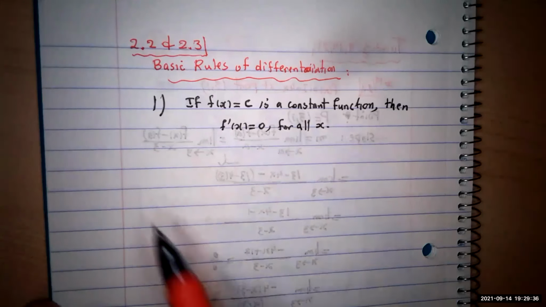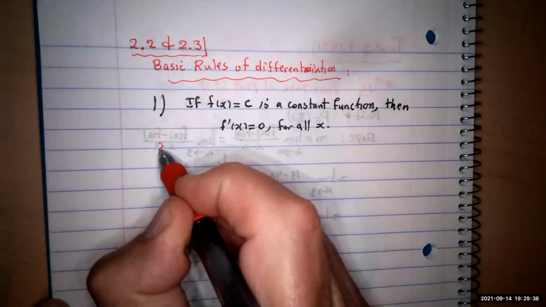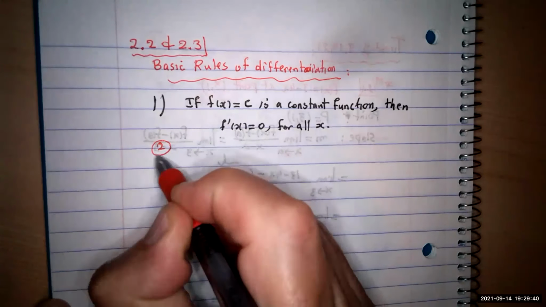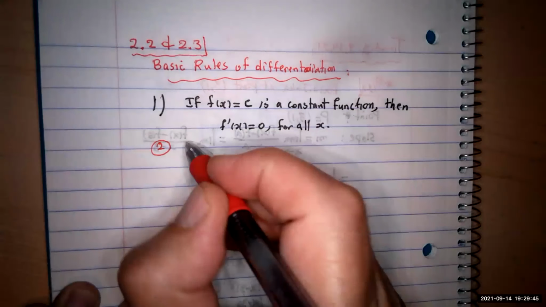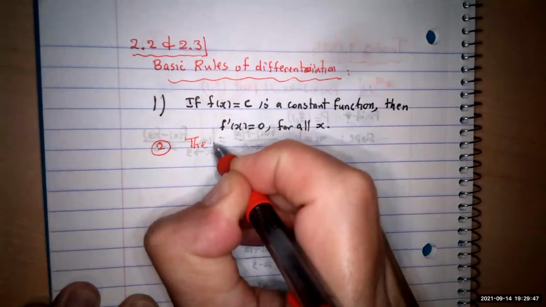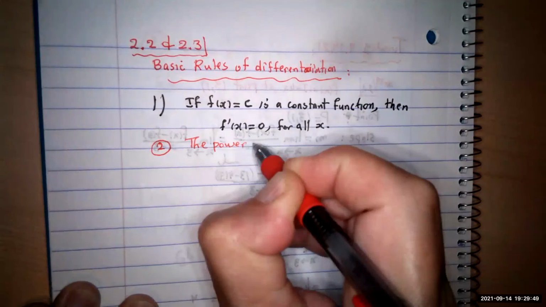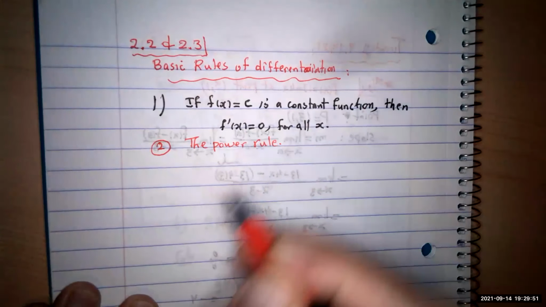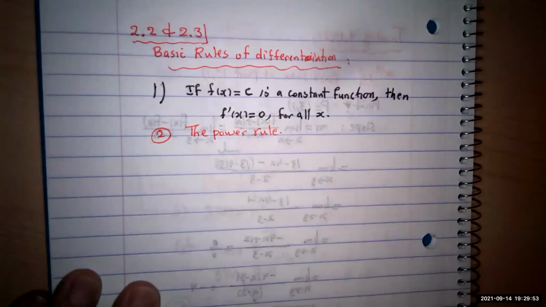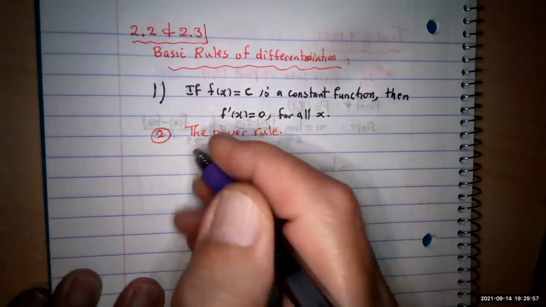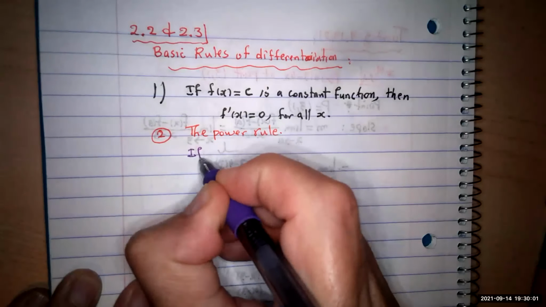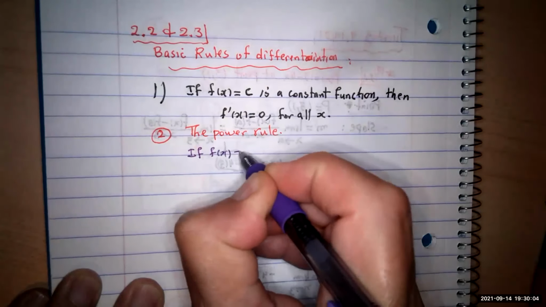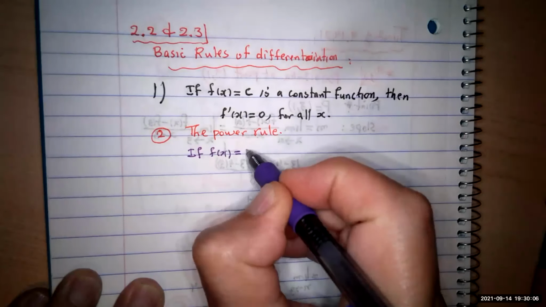The second one is the most important one. We talked about this one quite a lot the other night, so we are going to make it official. Remember the power rule. What is the power rule? That is it. If we have a power function, if f of x is equal to x to the n,